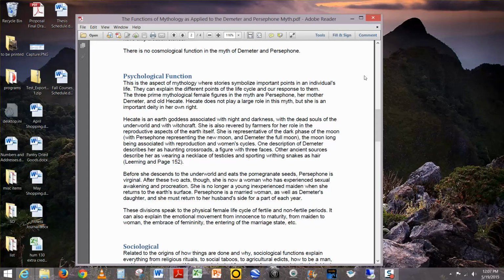So in the myth of Persephone and Demeter, we also are introduced to Hecate. We don't see much of her in this particular myth. She's more prominent in others. But Hecate is the old woman, the old wise woman. It's sort of an archetypal figure. And in the myth, then, we have three stages of a woman's life. We have Persephone, the young girl. We have Demeter, who is in the mother phase of womanhood. And then we have Hecate, who is the old wise woman. So as a psychological function, we are introduced to three aspects of a woman's life. And I've provided some other psychological functions here as well. So to keep these videos of a decent length, I'm going to end this one here and then start another video for the remaining